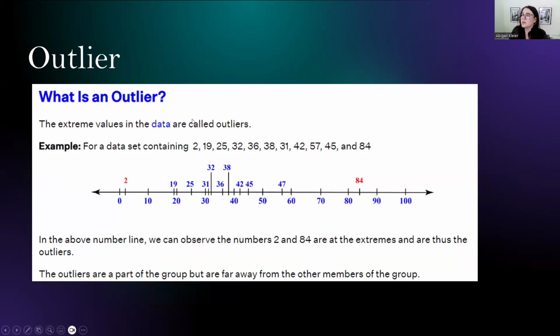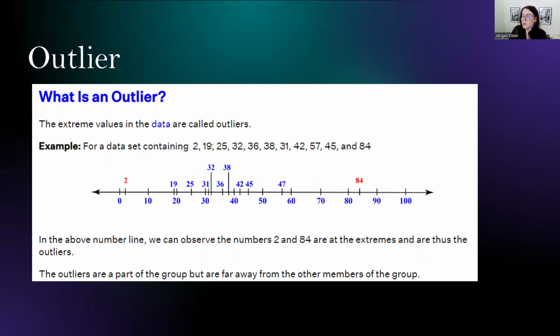So an outlier by definition is an extreme value in a data set. We can see on the screen here the data set as shown on the number line and also shown in list form. So outliers are anything that is an extreme value or kind of does not fit in with the rest of the data. Now, there is a mathematical way to calculate for the outlier. You do not need to know that at this moment. You just need to understand what an outlier is and how to identify an outlier